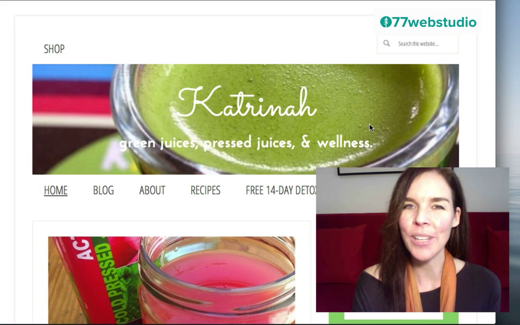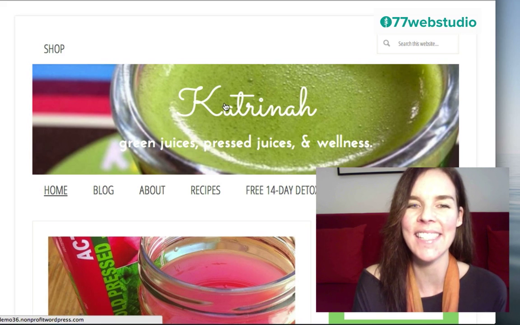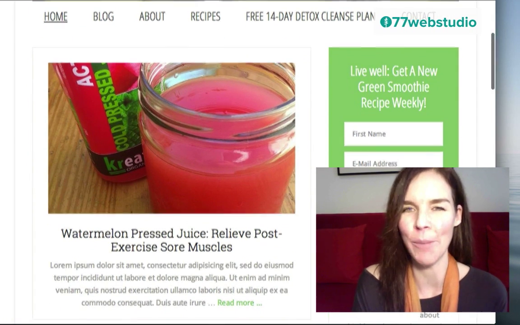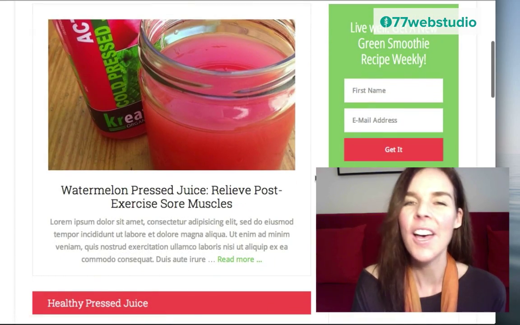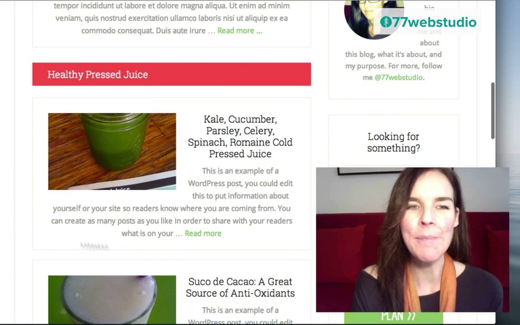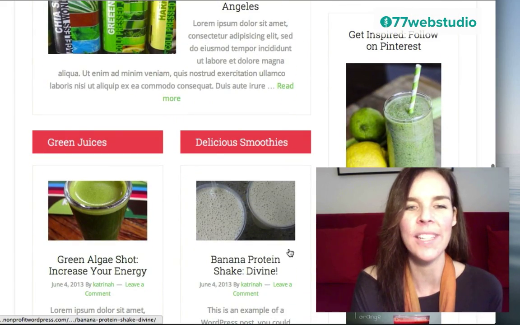section, including adding an image in the background as we see here, and also customizing the title as well as the description. Just underneath this header section begins the content of the homepage, starting with a featured post, followed by a number of different featured categories. Here we have the primary featured category, and then we have two smaller featured categories down below.